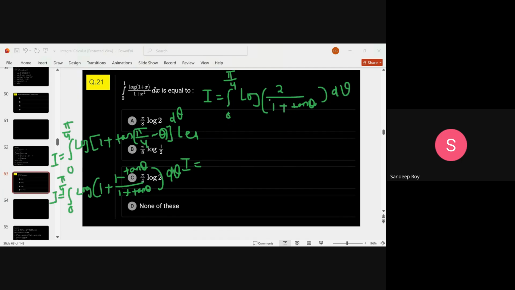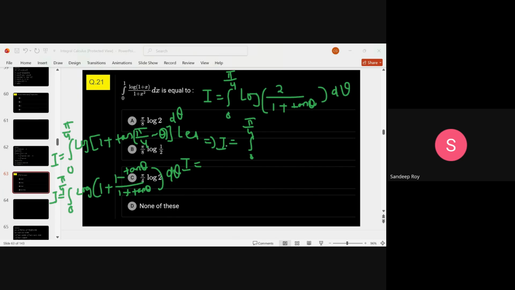Correct. So now you can apply the property of log here, right? I is equal to the integral from 0 to pi by 4,